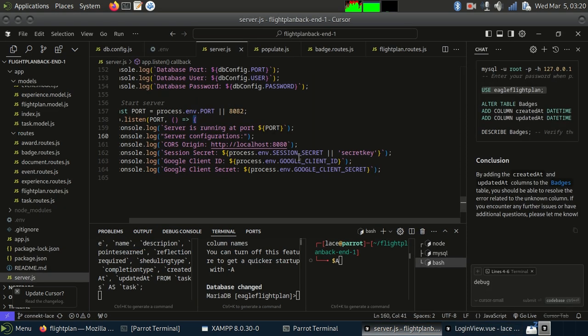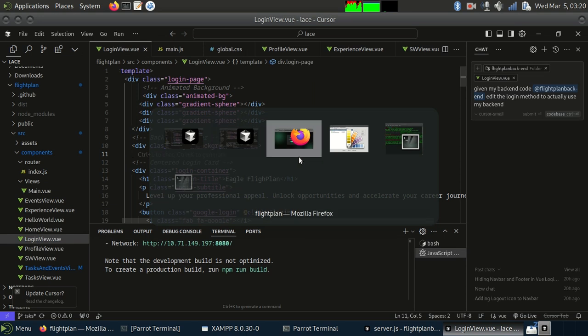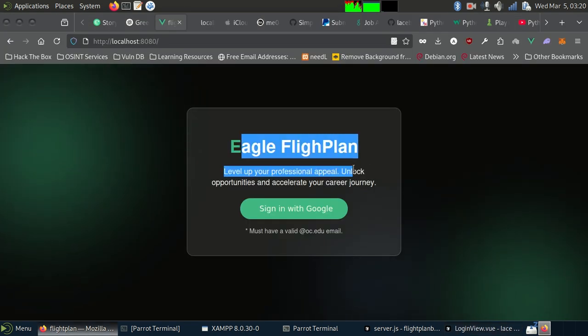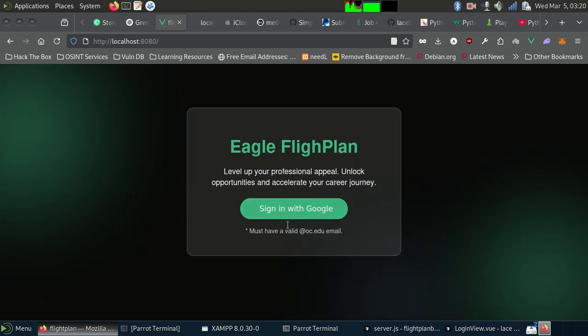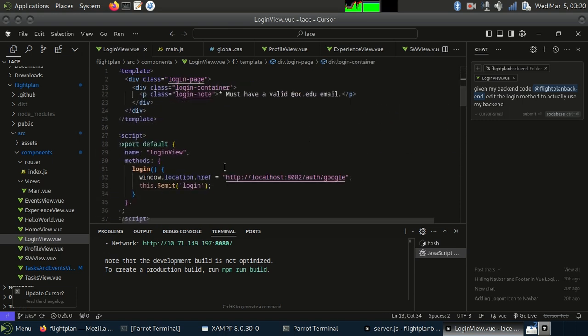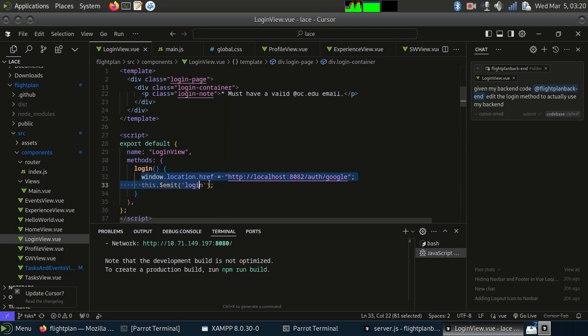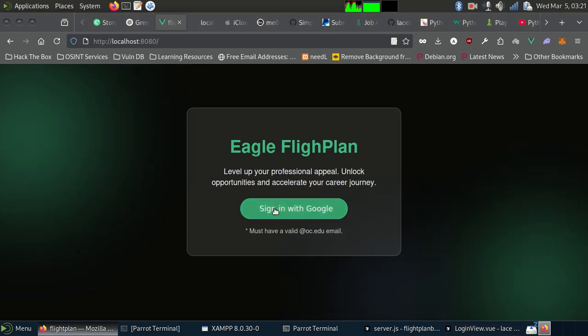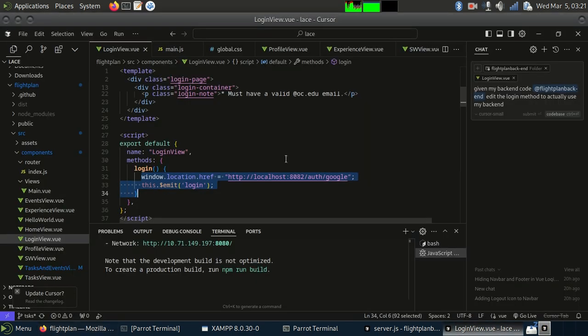If we come back right here to the view, I've edited it to be pretty minimalistic, and the sign in with Google button is right here. We have the login method, which is right here. Whenever you click this sign in with Google button, it triggers this login method, which has this specific